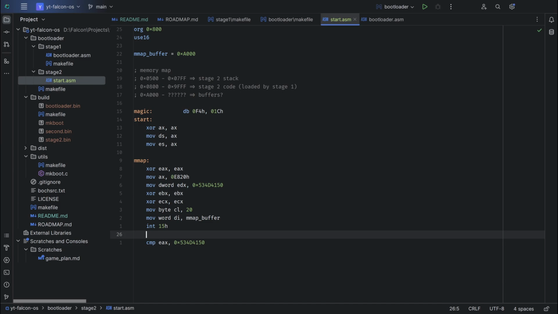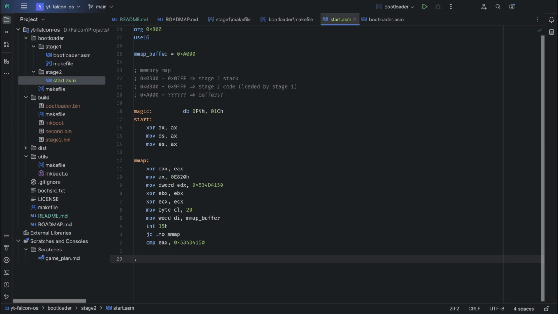So jump if not carry. No, actually, never mind. Jump if carry, because the carry is set if there is an error, right? So here we will have a label that we will call no mmap, right? No memory map, and here we'll go ahead and do the no memory map label. And